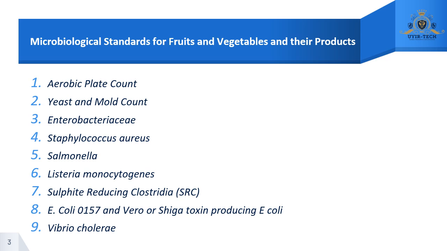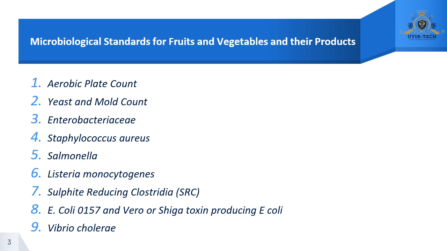And first, the microbiological standard for fruits and vegetables and their products. These are the parameters: aerobic plate count, yeast and mold count. So aerobic plate count is based on ISO 4833, and yeast and mold count is based on ISO 21527. Enterobacteriaceae, ISO 21528, Staphylococcus aureus, ISO 6888, Salmonella ISO 6579, and Listeria monocytogenes ISO 11290, sulfite reducing Clostridia